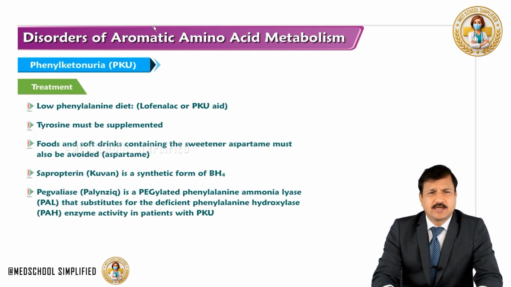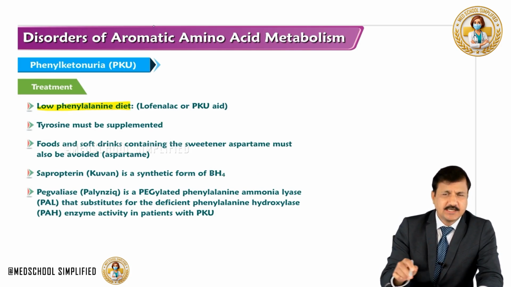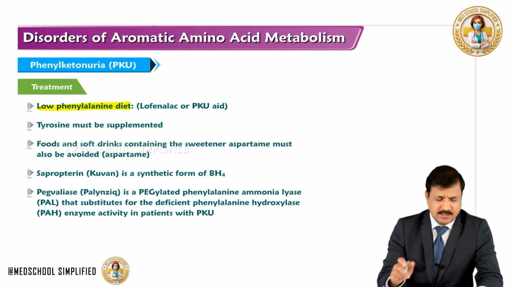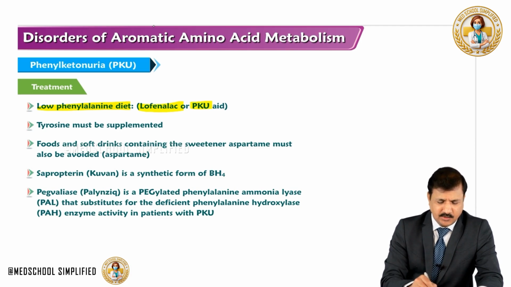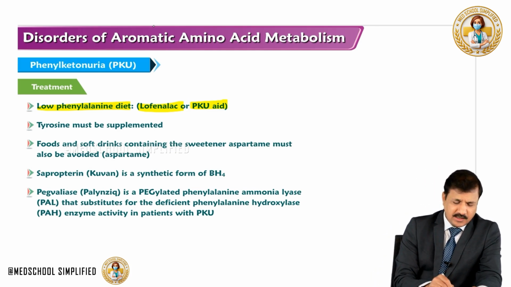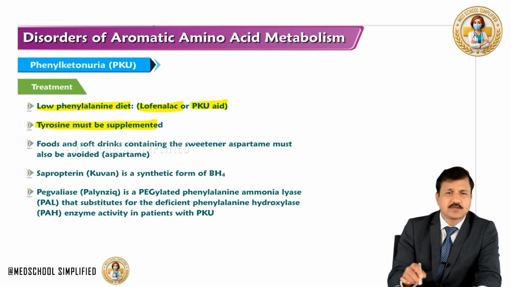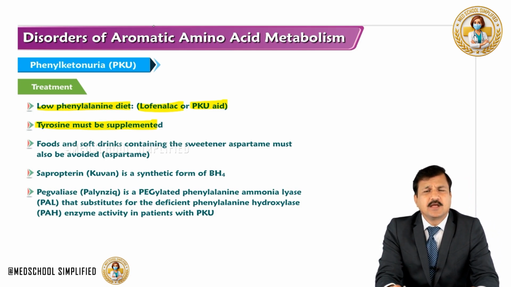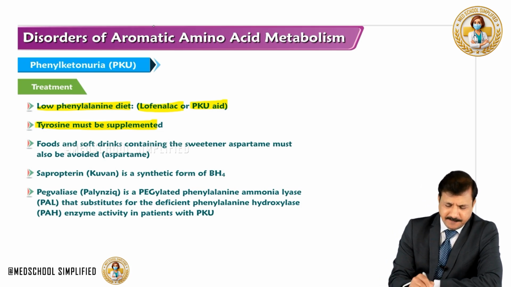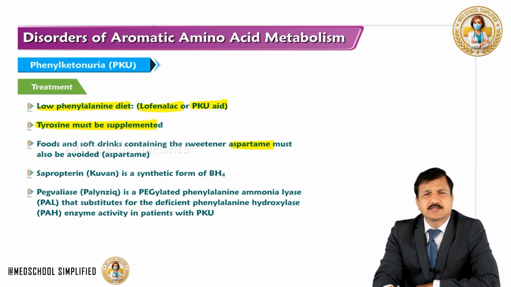What is the treatment for phenylketonuria? Low phenylalanine diet is one of the key treatments for phenylketonuria, and low phenylalanine diets available are Lofenalac or PKU aid, which is a special synthetic preparation where phenylalanine levels are decreased, tyrosine levels are maintained at optimal levels. So whenever phenylalanine is taken out of the food, tyrosine must be supplemented because tyrosine becomes essential in phenylketonuria patients. Any foods and soft drinks that contain artificial sweetener, aspartame, must be avoided in phenylketonuria patients because